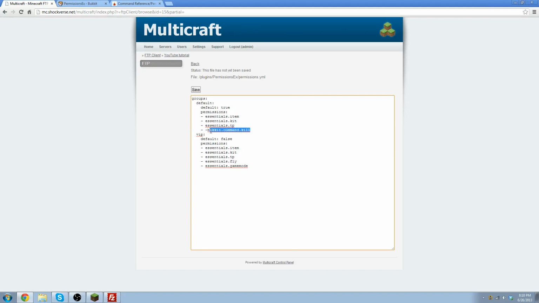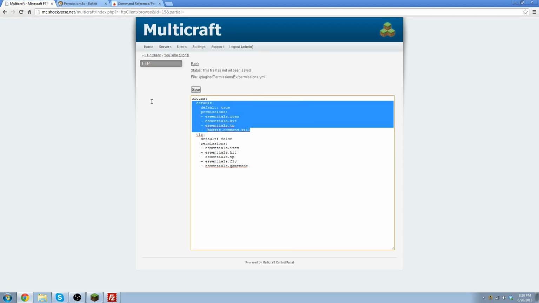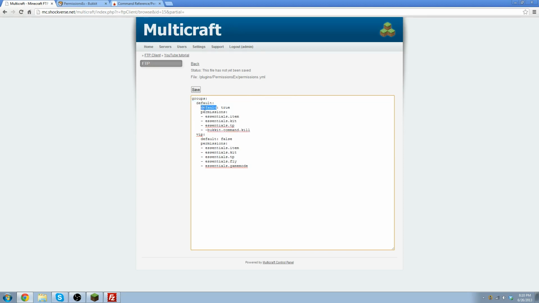And this is pretty much just how to take away a command from a certain group, which is given by default by a certain program, as Bukkit gives commands by default. But I took this away. I know it doesn't give this by default, but I did it anyways. So then default right here means it's the default rank whenever they first join the server. So if they're not already in the users list,